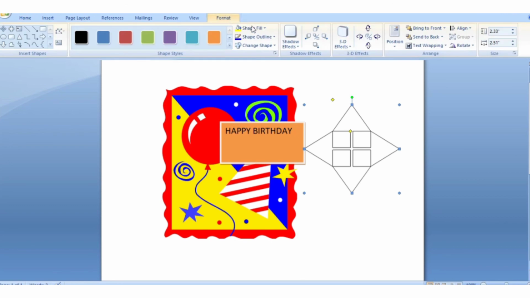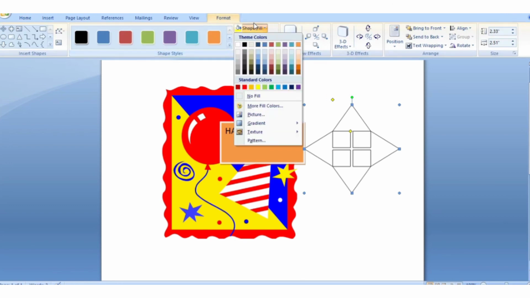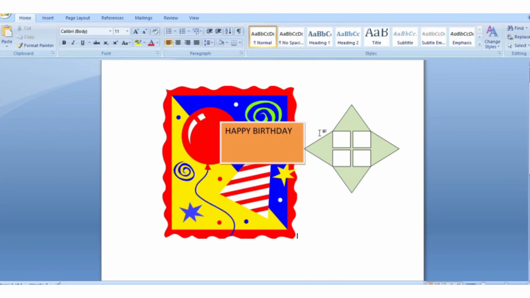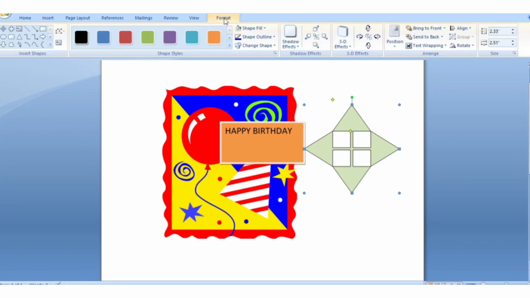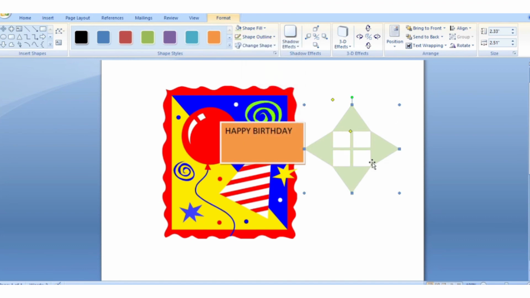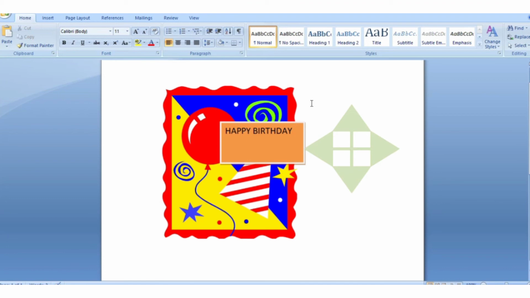Here you will find the option shape fill. So according to your choice you can select the color, and if you want to insert some more color, this is the outline color which I am applying here.